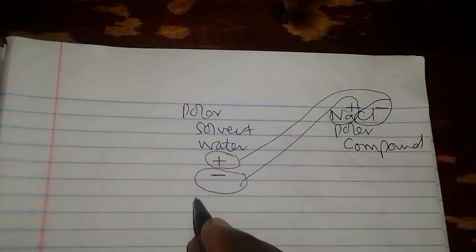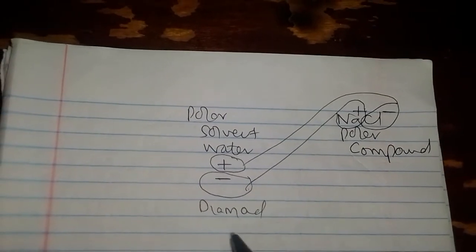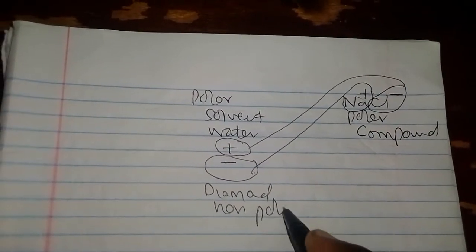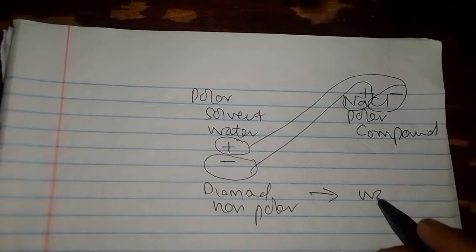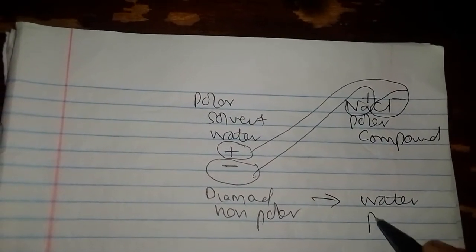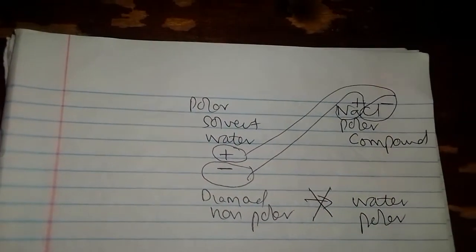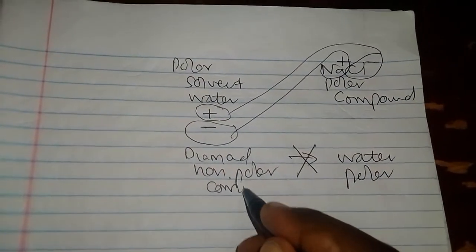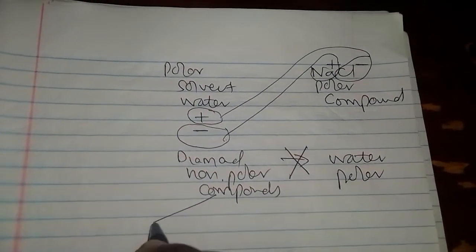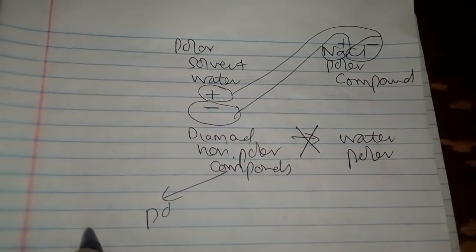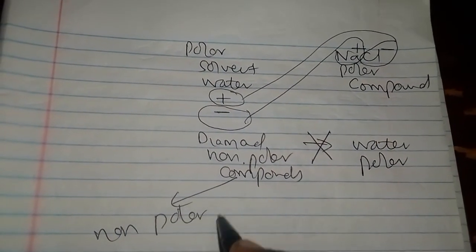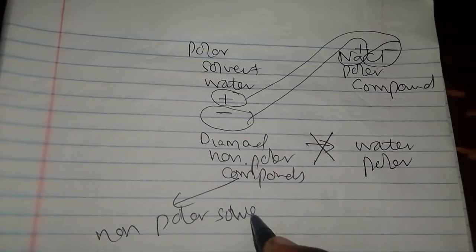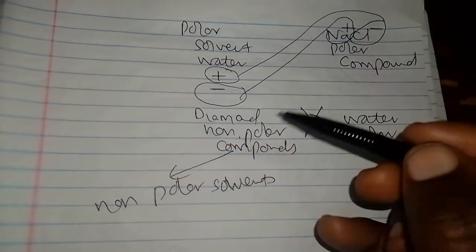So that means if diamond is non-polar, it cannot dissolve in water, which is polar. So that means non-polar compounds can only dissolve in non-polar solvents. Non-polar